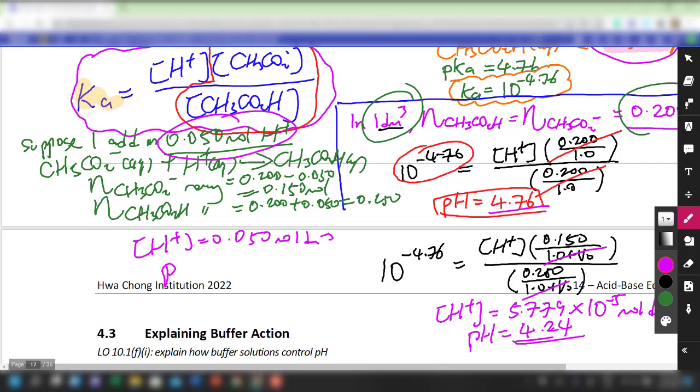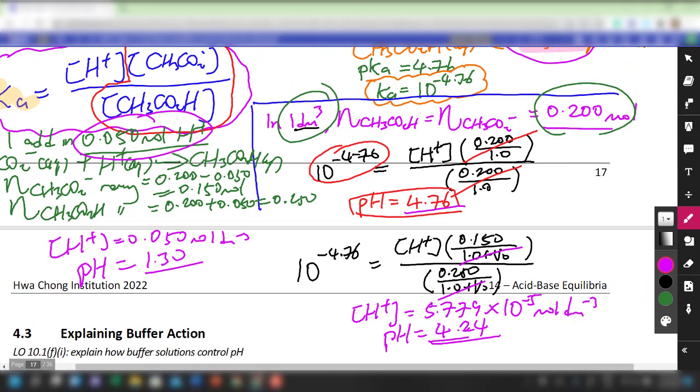So you can easily determine the pH from here. We can easily take a negative log of 0.05, and then you get a pH of 1.30. So if I add 0.50 moles of H+ to 1 dm³ of water, my pH is 1.3. But if I add it to a buffer solution, originally the pH is 4.76, it only drops to